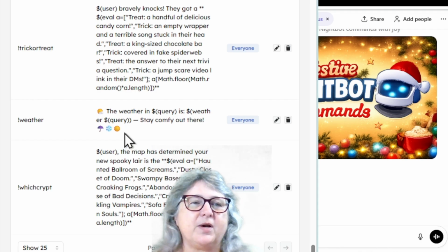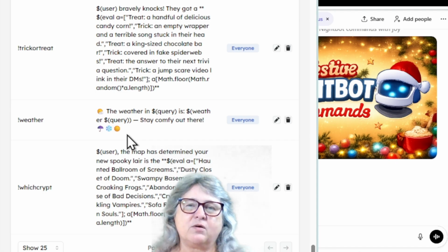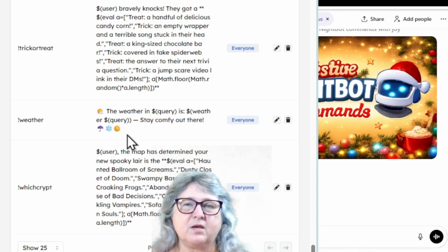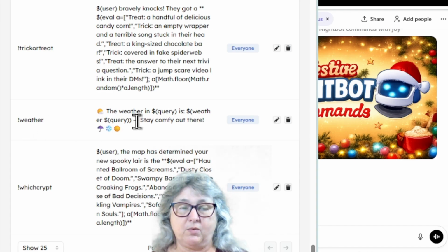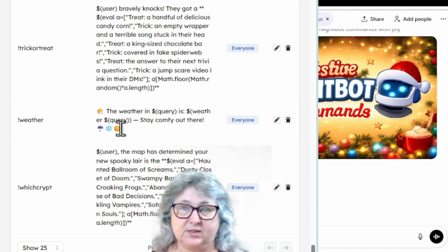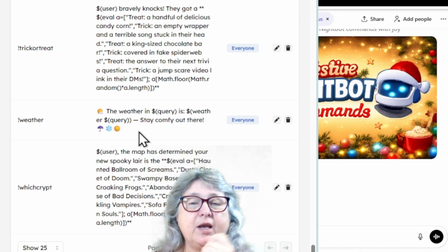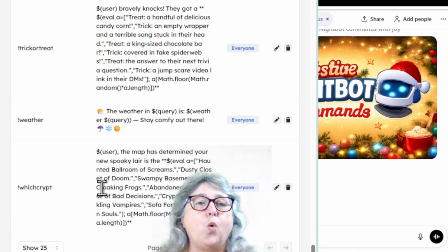Now my very most popular one is weather. So ask ChatGPT to make it for you, because if you have a Mac or something else, you might have a better weather server than mine. So I just asked it to make me a weather command. So for me, when people write in the chat, they write weather with a gap and then their town, and it will show up for them whatever their weather is. Now you could copy this if you would like to. These emojis aren't important, they're just there, but I would get ChatGPT to make it for you and copy and paste it in, and I'll show you how to do that in just 1 second. But I just thought we'd have a quick look down about what we have there.